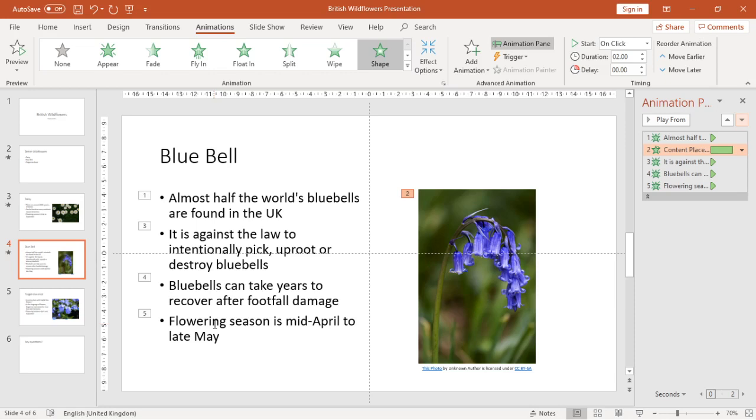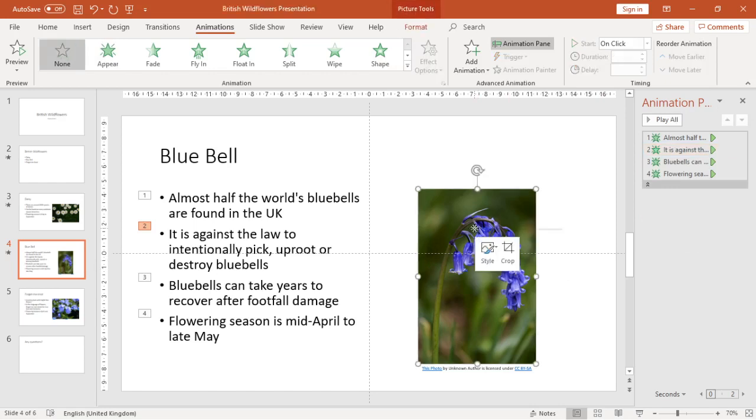If you decide that you don't want any animation, you can remove it by using this animation pane. There's a little arrow next to your selected animation. Give that little arrow a click, and the remove option is how you take the animation off that particular item. So to put it back on again, give it a click,